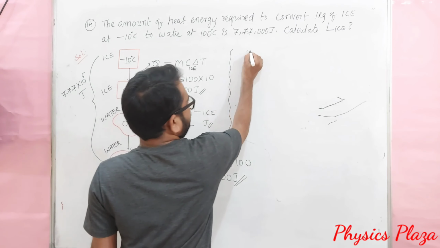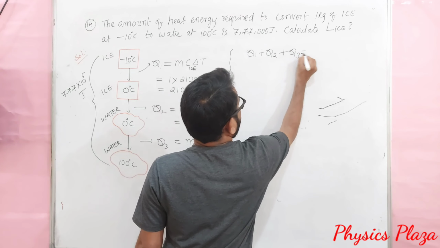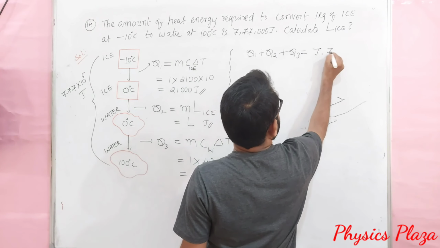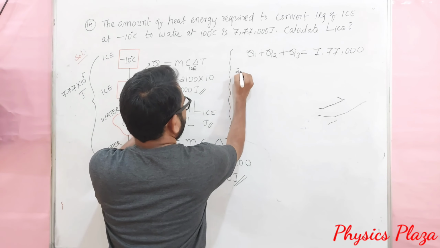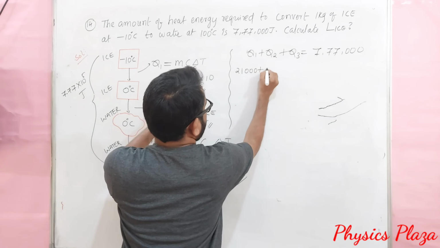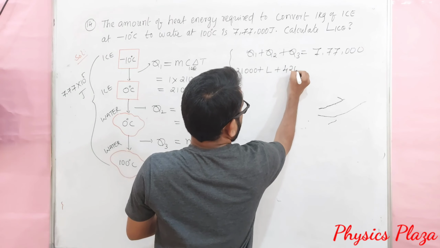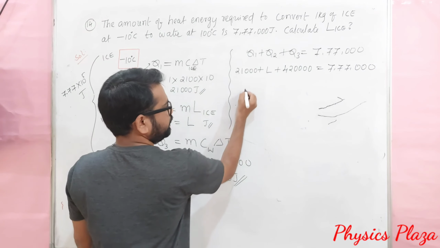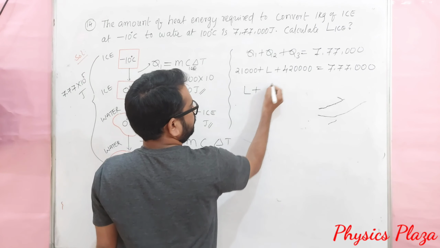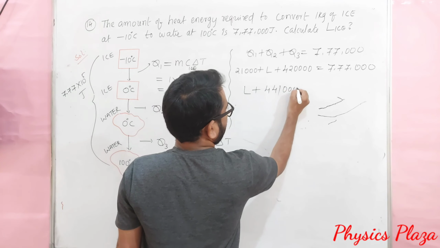Yes, it is given Q1 plus Q2 plus Q3 is equal to 7,77,000 joules of heat energy. So, Q1 is 21,000, plus L, plus 420,000, is equal to 7,77,000. So, let us add each. So, it will be L plus 441,000 is equal to